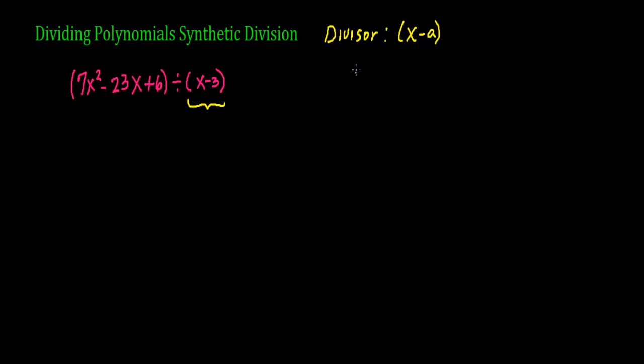So what does that mean? It means I can have a divisor that says x minus 1. I can also have a divisor that says x plus 3 or x minus 5 or x plus 4, etc. You get the idea. As long as it's a binomial and it's linear,